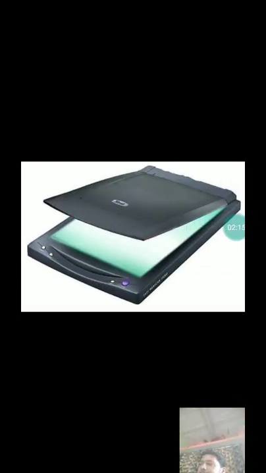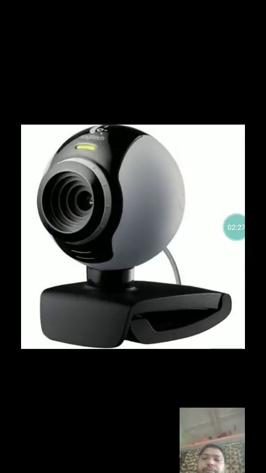Microphone. A microphone is an input device which is used to record voice, music and sound into the computer system. Scanner. It is a device that reads the text or pictures printed on paper and translates the information into a form that a computer understands. Web camera. A web camera is a device connected to the computer for capturing still images and live videos. It is primarily used to chat live with friends and relatives using the internet.